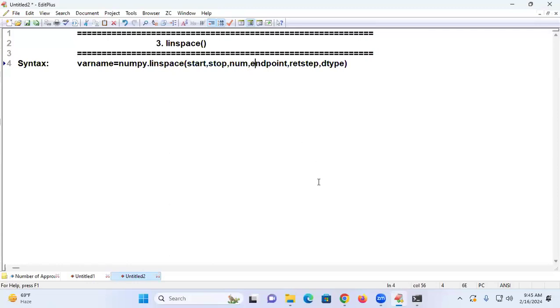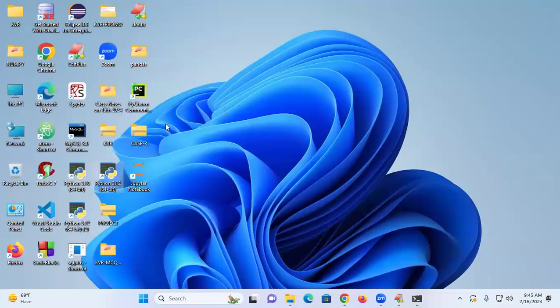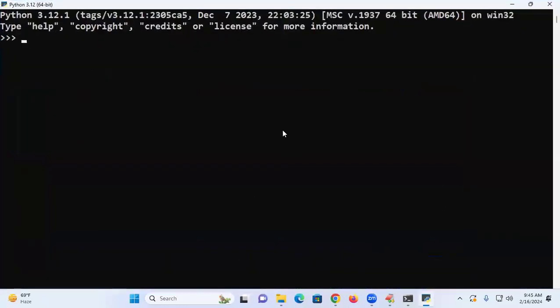Let me go for the example. Let me go to the Python environment first. Go to this place. Here I'm going to introduce import numpy as np. So I got my data. Are you following me? Now I'm saying here a is equal to np.linspace of